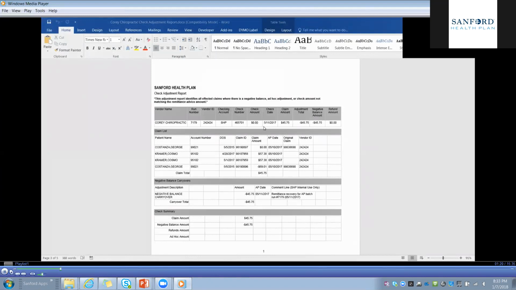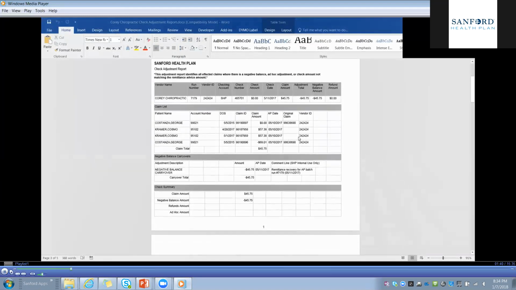And I'll be reviewing that when I'm focusing on the explanation of payment in just a second. You also see there's a claim amount, an adjustment total, negative balance amount, and a refund amount. Now we'll look at the claims list, and we can see that there's 2 claims received for $57.38 for Cosmo